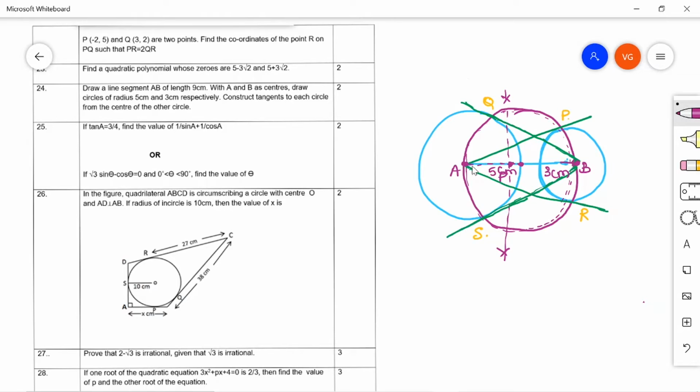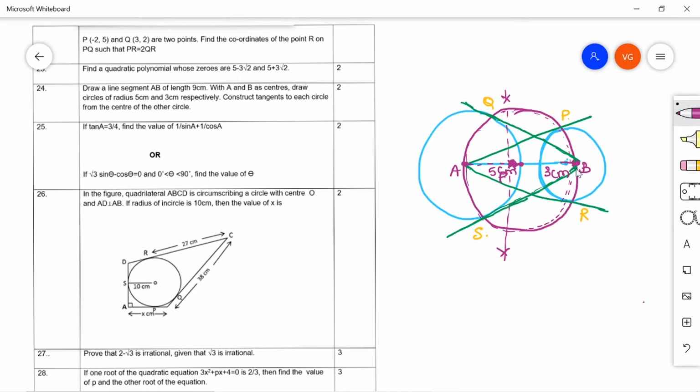Now, construct a perpendicular for this line AB. At this point I am constructing, I am assuming the point as P. So making this point P as center, draw another circle. So that I have drawn with this another color sketch, right? So wherever this circle is touching the big circle with center A and the circle with center B, see? So these 2 points P and Q. Similarly down R and S. Now join the points A to P, A to R, B to Q and B to S.